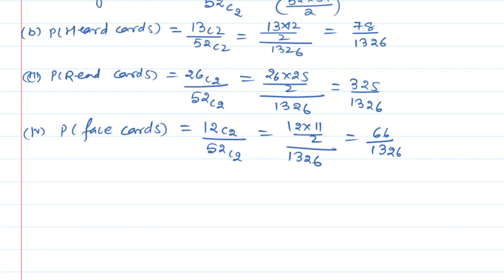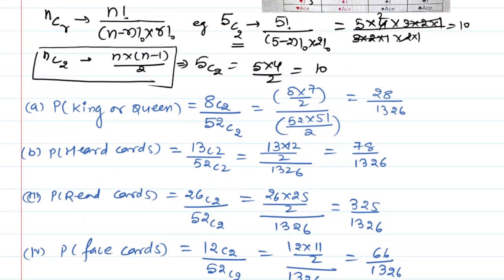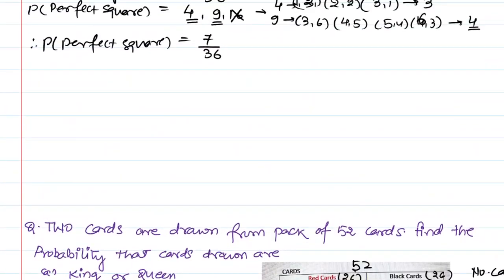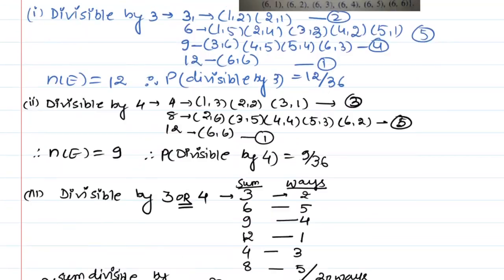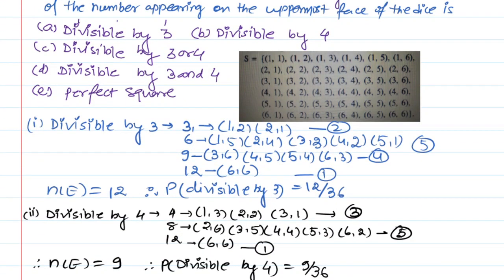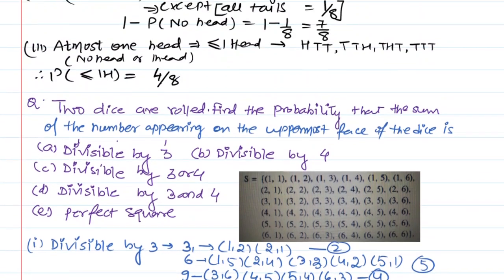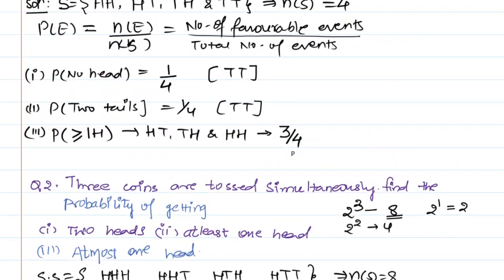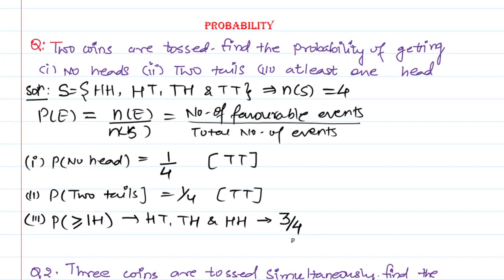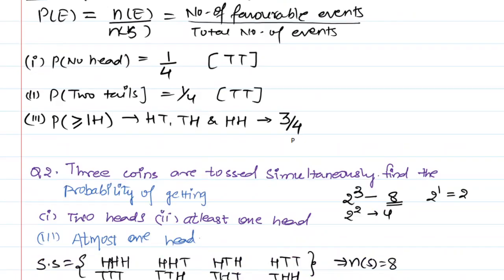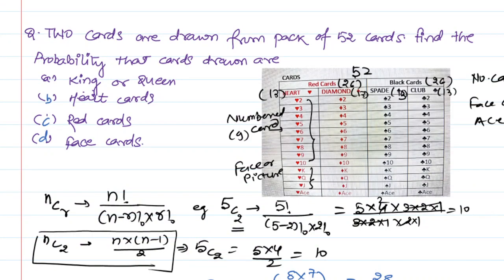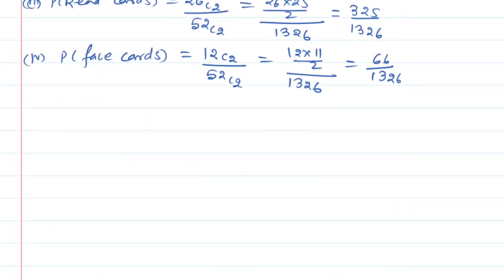I'm sure you would have understood all the questions that we have solved. It was one question we have taken based on playing cards. Other question that we have discussed today is based on throwing of the 2 dice, and then it was based on throwing 3 coins, and the first question for the day was throwing 2 coins. So we have taken 4 questions, 2 on the coins, 1 question on the dice, and 1 question on the playing cards.